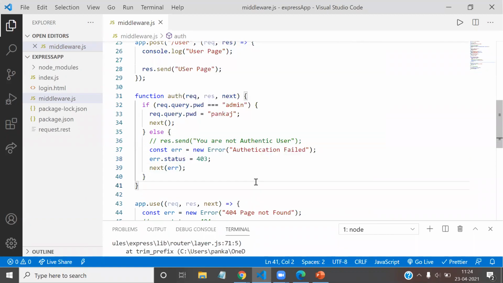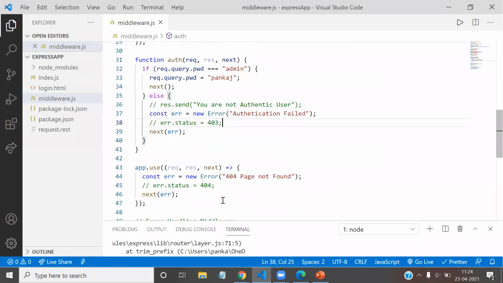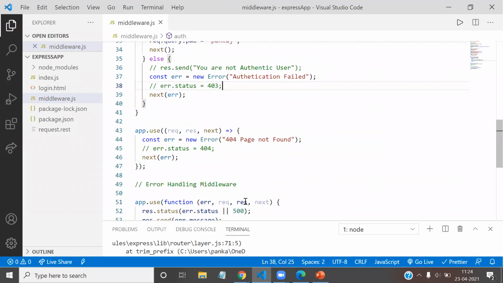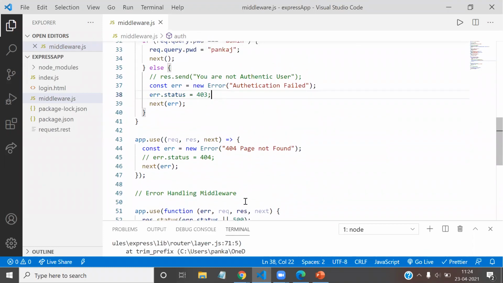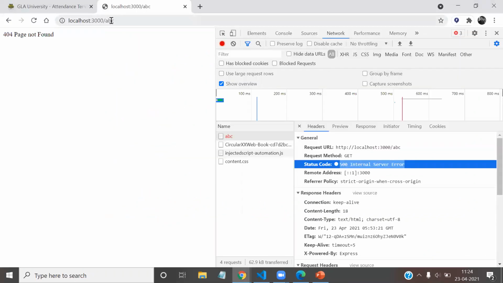We can also do that. Now we can send the error as an authentication failed error. So we will create an error object and set the error code. If the error code is not set, then 500 will be set as the status code. Okay, now let me save the code. Now we are setting the dashboard.